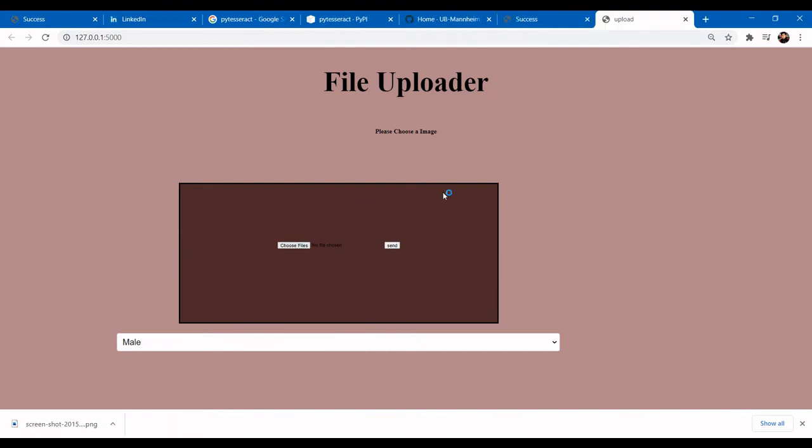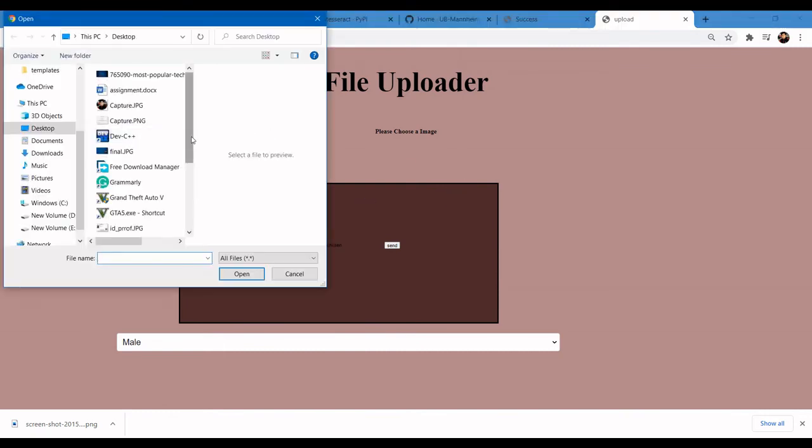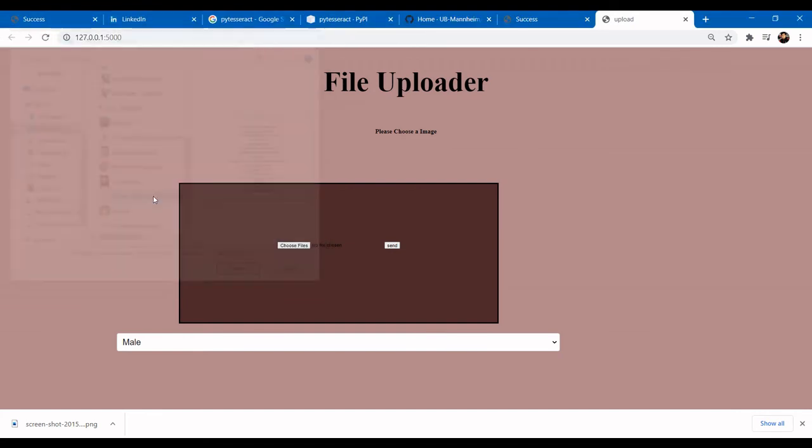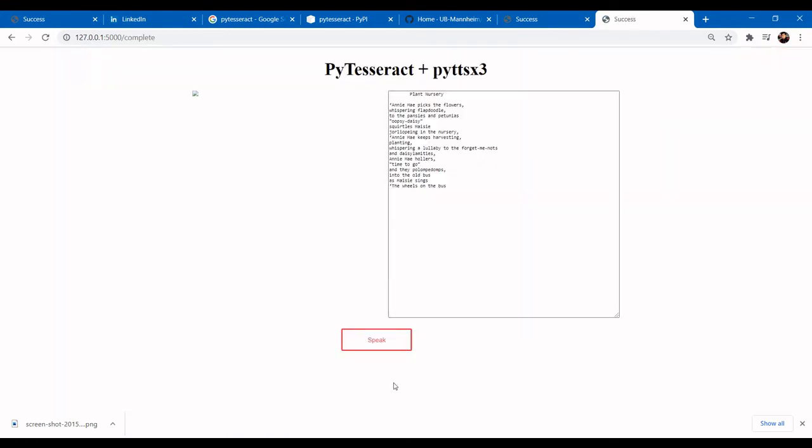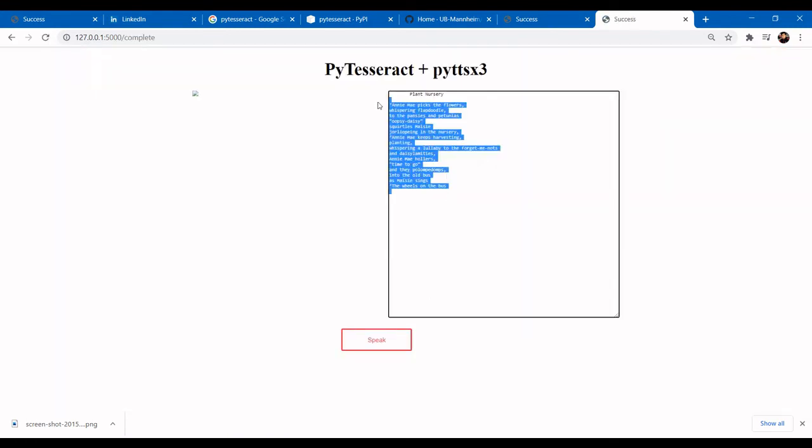We have to select our file. You have to send male or female. I am sending male. So after sending this, now see, all the words are written,